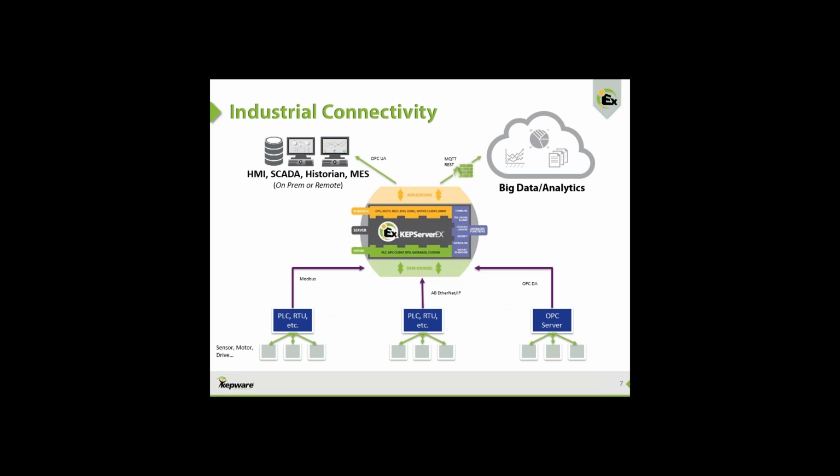And what makes our connectivity solution great is the wide variety of connectivity options we have. As this diagram demonstrates, on the bottom side here we have a wide variety of connectivity to things like PLCs, RTUs, sensors. We can even connect to OPC servers and other types of applications. We've built a library of 150 communication drivers over the past 20 years that support upwards of 300 different protocols. And then on the northbound side, we connect to traditional automation things like HMI applications, MES applications, SCADA applications, historians,